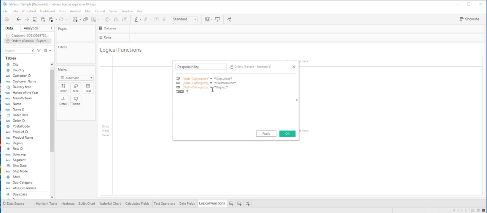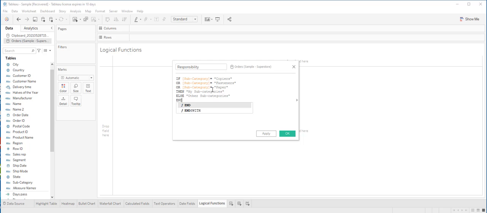Then my subcategories, else other subcategories,